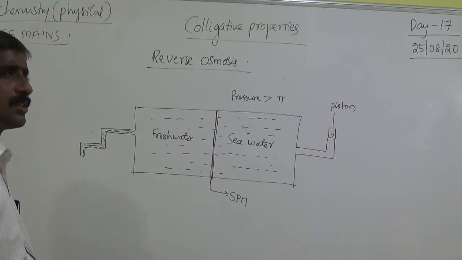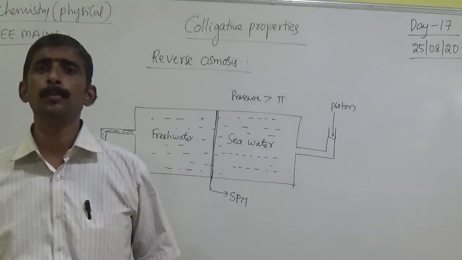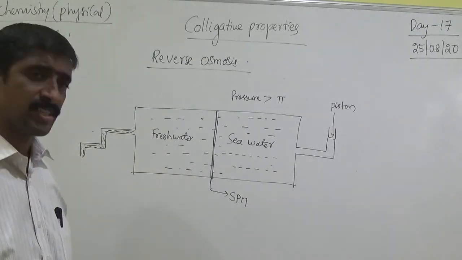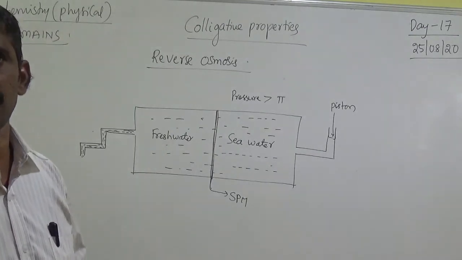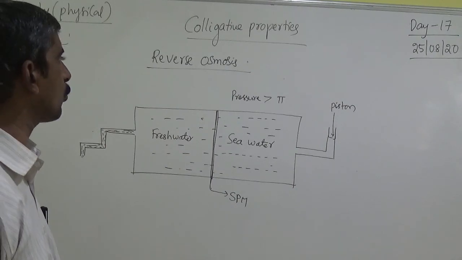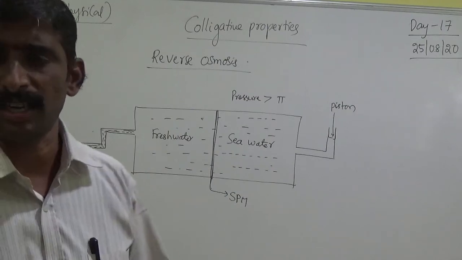In reverse osmosis, the flow of solvent molecules from solution to pure solvent through a semi-permeable membrane is known as reverse osmosis. The process is used in desalination of seawater. Okay, osmosis and osmotic pressure. Next, another one is